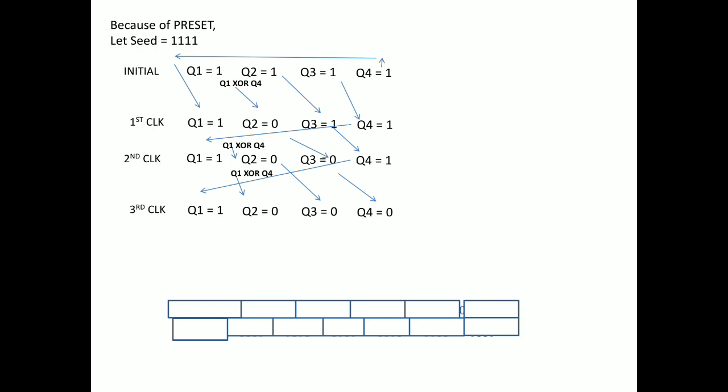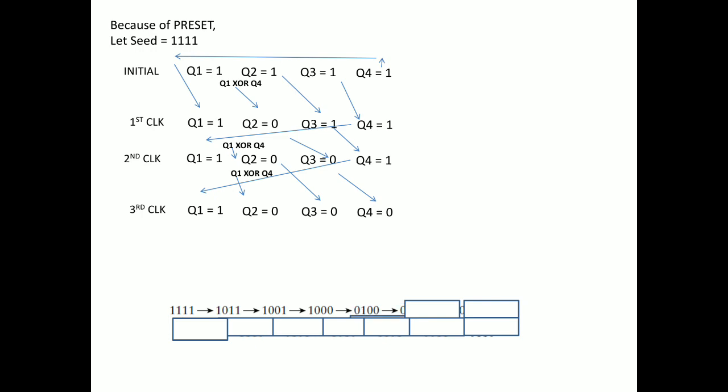Okay, first what we are given is the seed as 1 1 1 1. Passing it to the shift register, it becomes 1 0 1 1. Then the next new input is 1 0 1 1. In the next clock cycle it becomes 1 0 0 1. In the next clock cycle it becomes 1 0 0 0. You can see from the above working style, we are getting the same values.